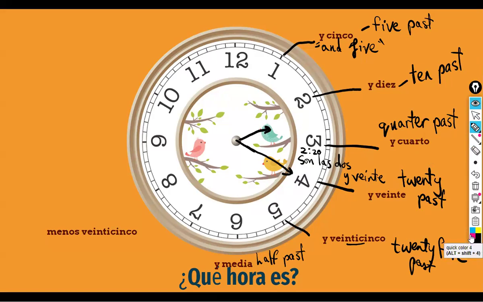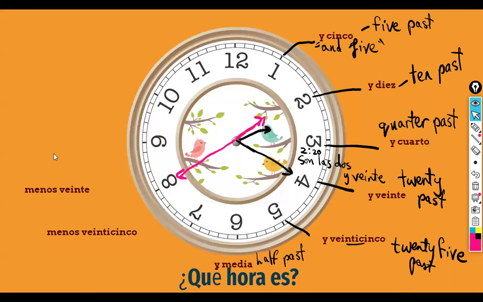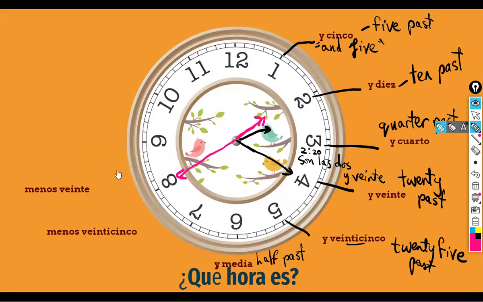But when we're going up the other side now, so we're going, let's say it is twenty minutes now to two. It's on the way to two o'clock. Let me change it. Let's say to, yeah, okay, to two, right? It's on the way to two o'clock, but it's not quite there yet, right? Then it becomes son las dos menos veinte.